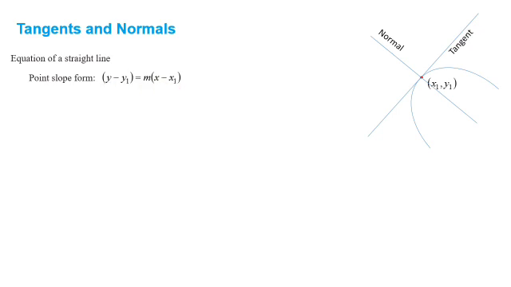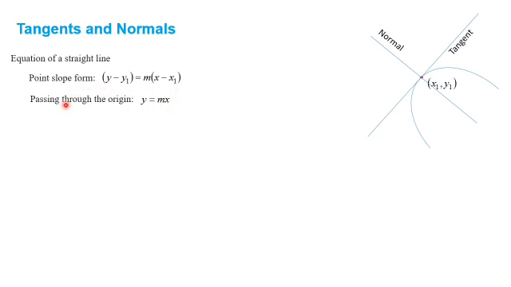One more we have learned: the equation of a straight line passing through the origin. Passing through the origin means here the point (x1, y1) is (0, 0), because the origin coordinates are 0, 0. So y1 and x1 will be 0, and the equation will be y is equal to mx. That is the formula: y is equal to mx. These two formulas you have to keep in mind because we are going to use them throughout the